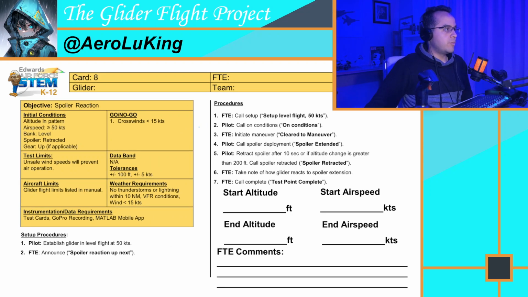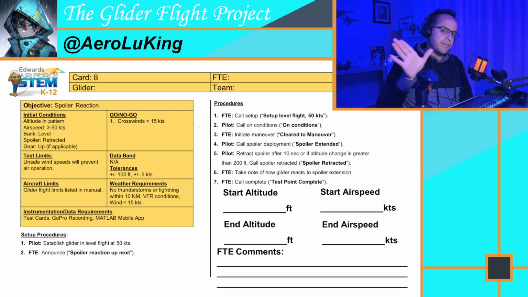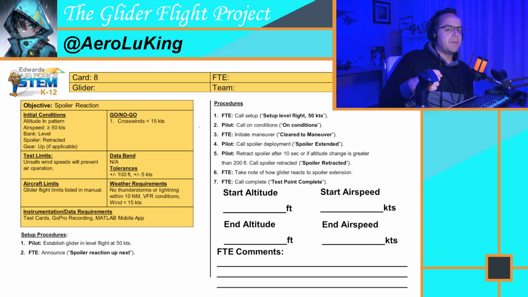The eighth card will be the spoiler retraction. It's almost like a speed brake in some of these gliders. I'll show you later on the simulator. There's these little bars that stick out on the wings, and it's causing the wind to hit it and kind of slow you down. What you're just trying to see is, hey, what was my starting altitude, starting speed, and the moment you get those out,